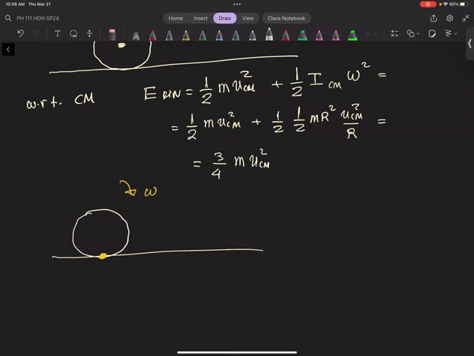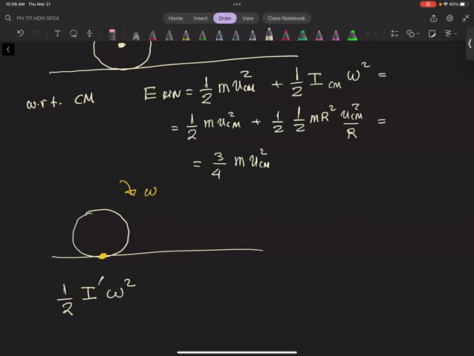I will prove to you that all the kinetic energy can be written as 1/2 I omega squared. But with what difference? Who's going to find this one? Can we have the same I as before? No. What I is this, folks? This I is with respect to, come on, give me something. The ground. How can we find the I with respect to the ground? Parallel axis theorem once more.